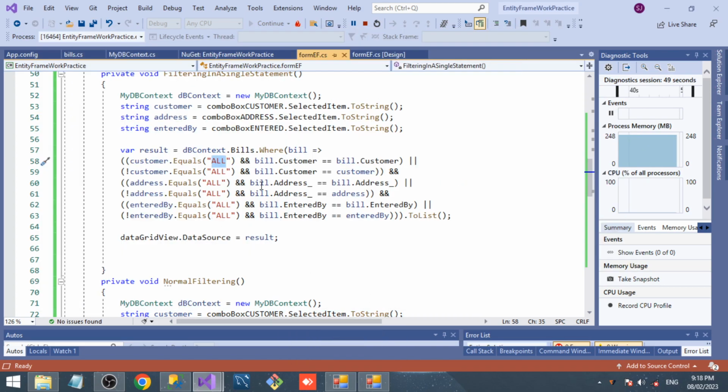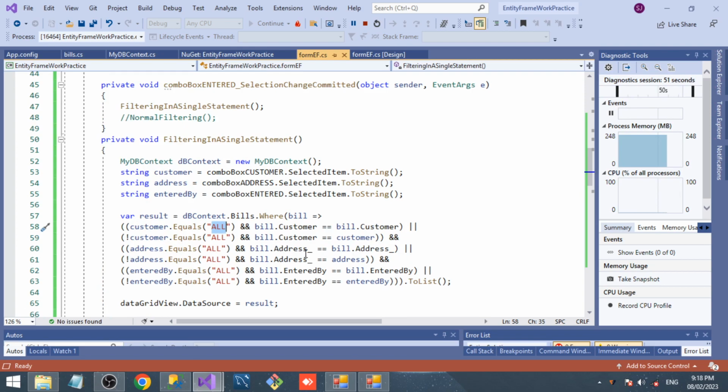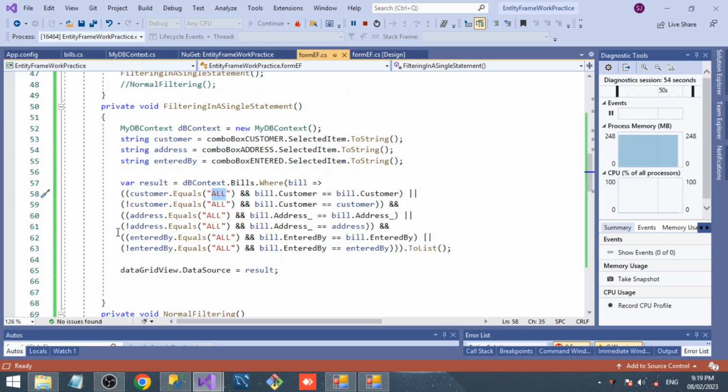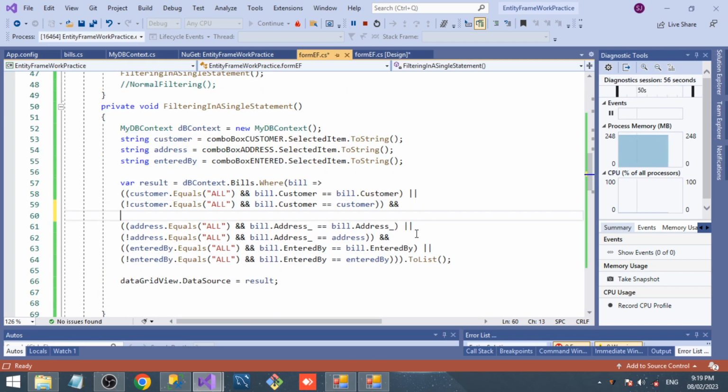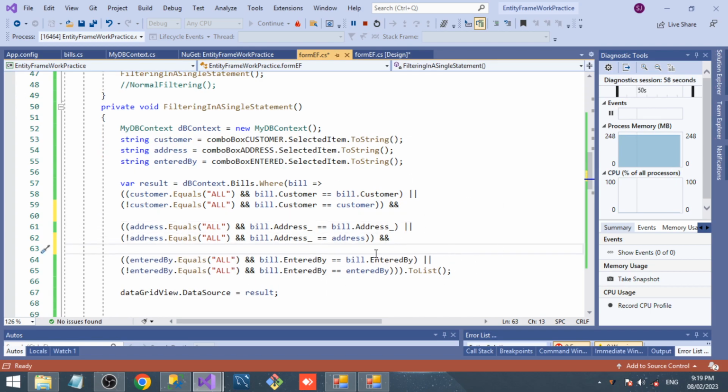I am simply using "All" to get results without filtering on the particular property. In your case it may be an empty string or null, or anything else. And now I hope you can